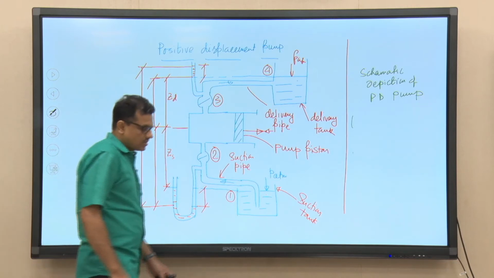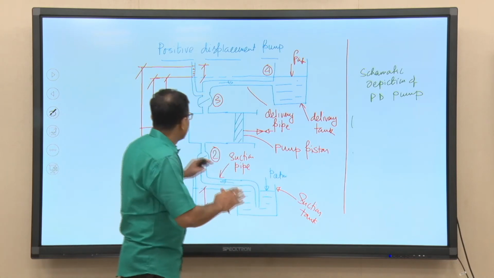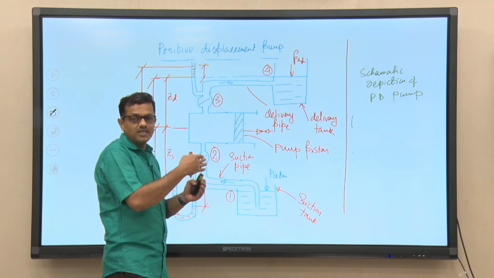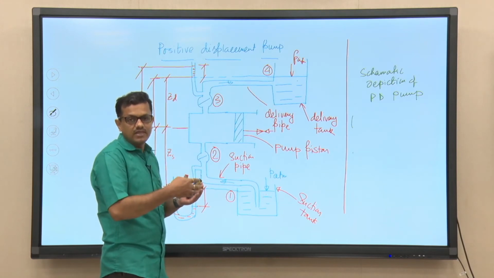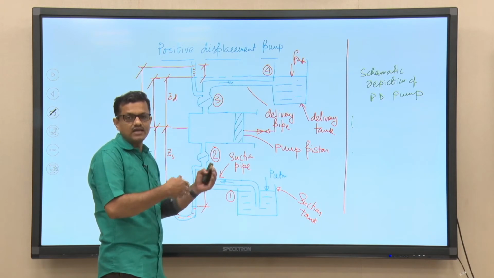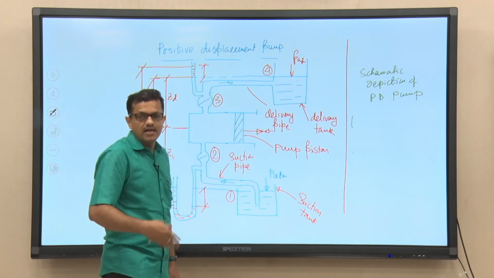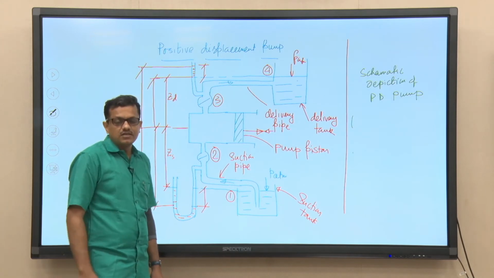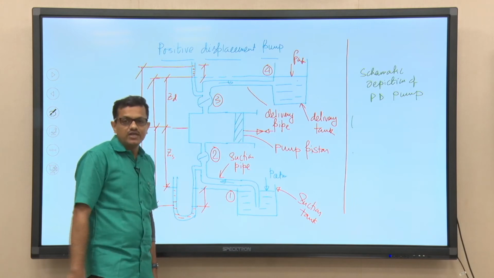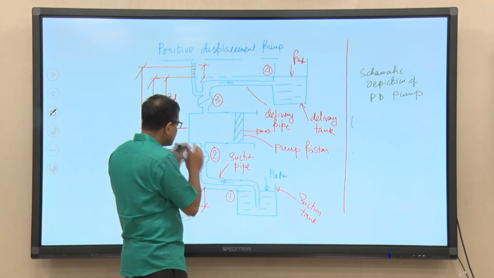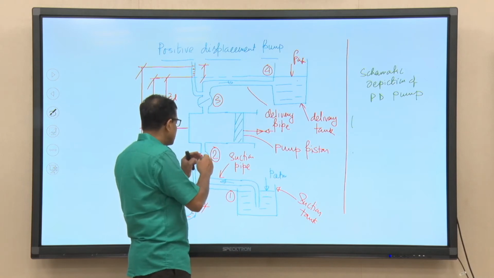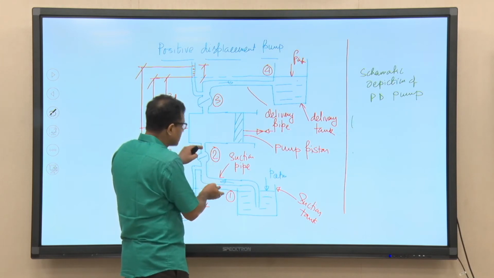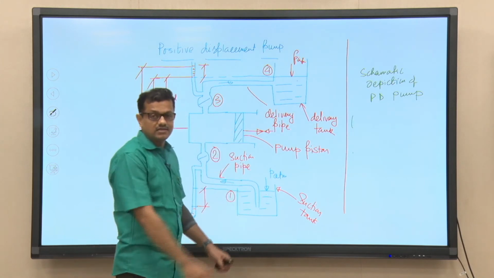First method is that we can consider different parts, and integrating different parts together we can frame a system, and if we do the total energy balance of this particular system, from there we can predict the head that will be developed by this pump. Another way of looking into it is that we can do the energy balance both at the suction side as well as in the delivery side.